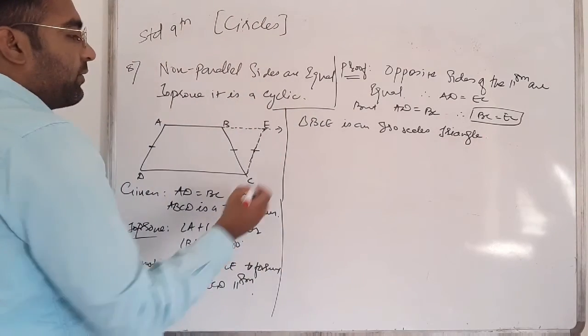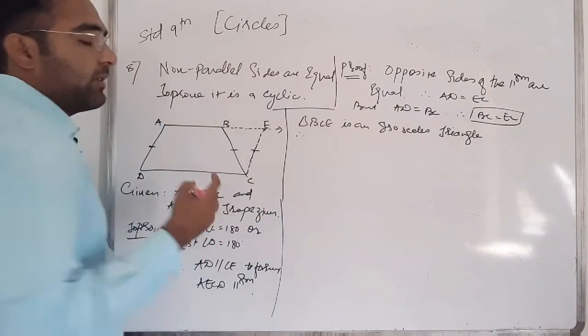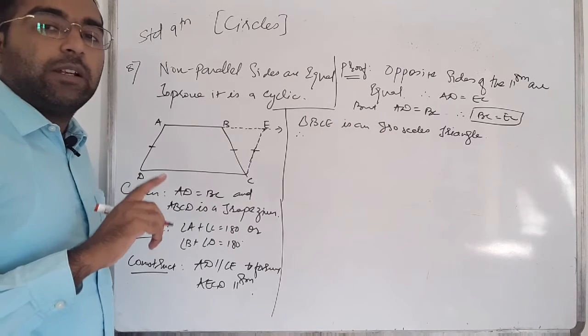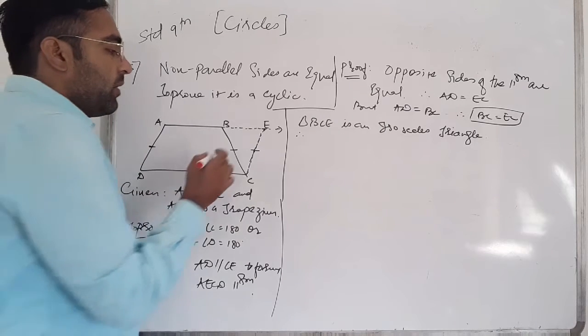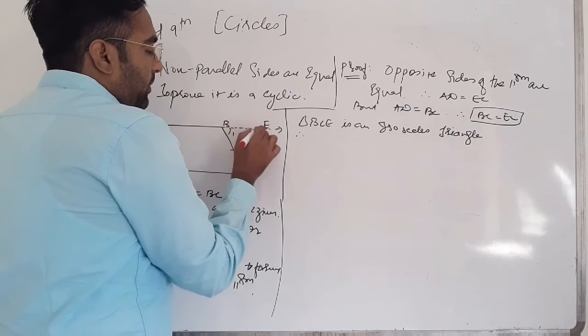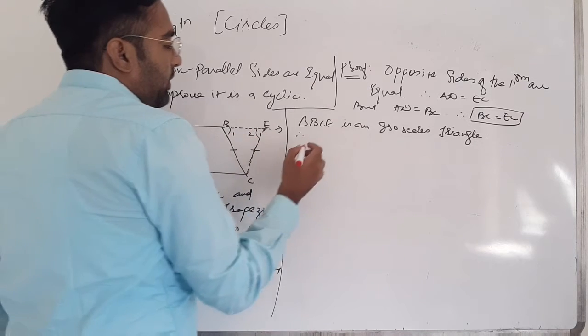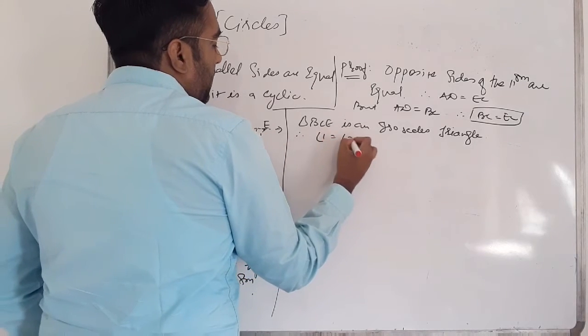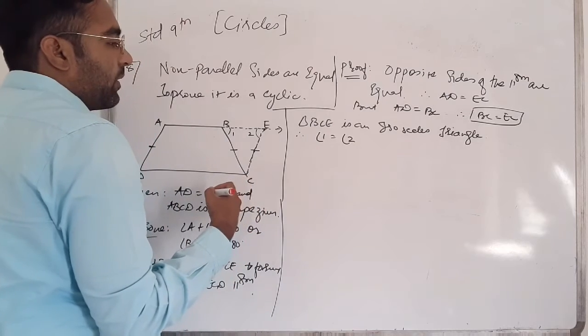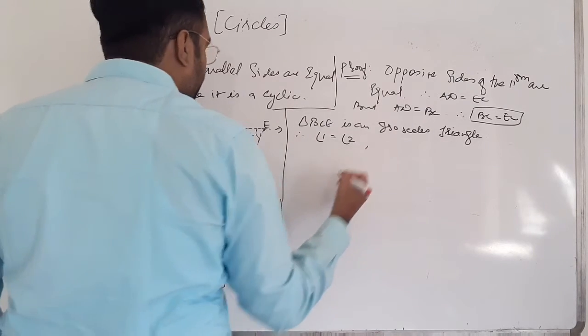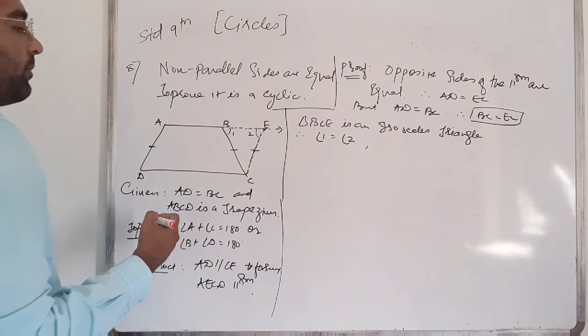Okay, so therefore their base angles are equal, sides opposite to equal sides are equal in angle. So I'll name the angles: angle 1 and angle 2 are equal. Okay, but